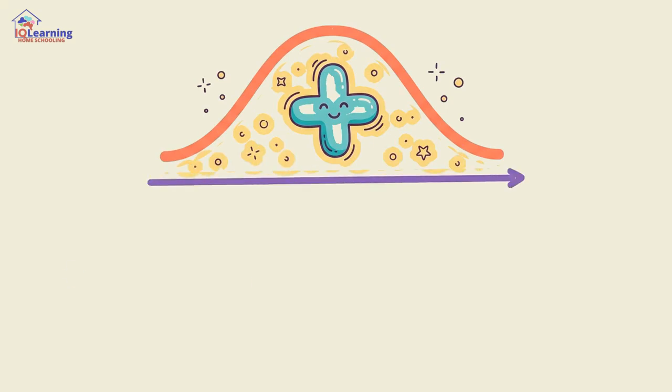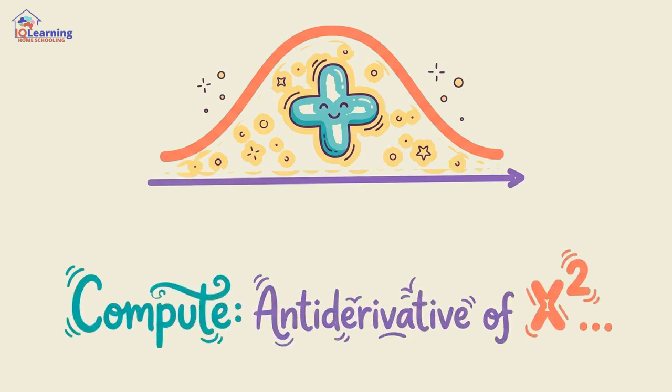Now let's compute it. The antiderivative of x squared is x cubed over 3, so